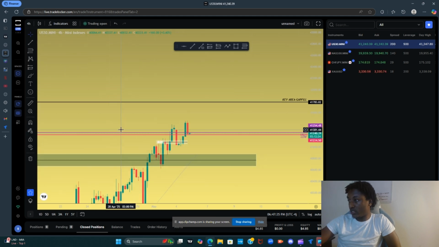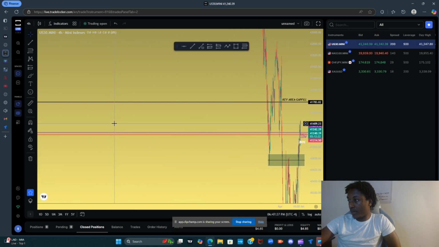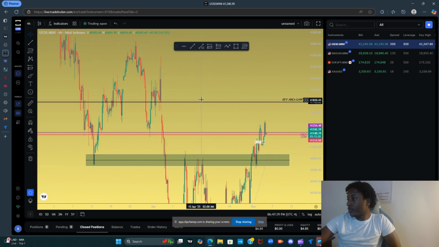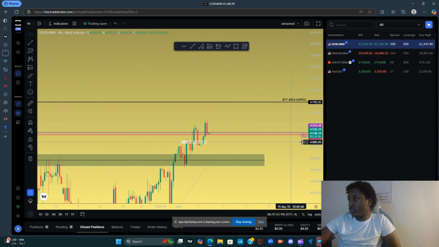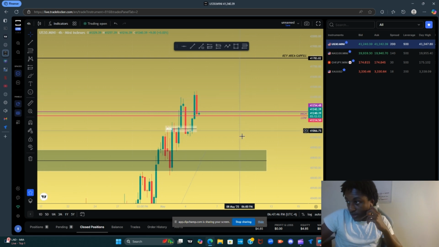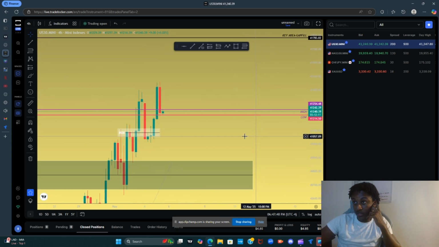Let's go to the 4 hour so we can see it a little bit clearer. So this is a gap that needs to get filled up here, and this is structure that just got smashed up here. Okay. So now